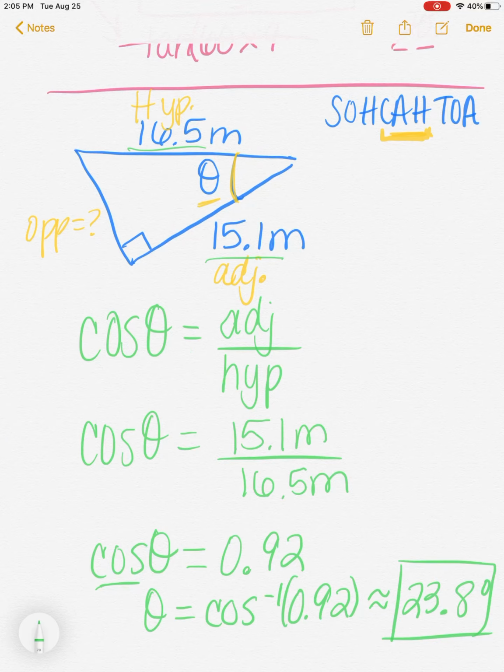All right, so things to remember: always make sure you identify hypotenuse, opposite, adjacent. Figure out what you know and what you don't know so that you can pick the correct trigonometric function to help you, and have your calculator